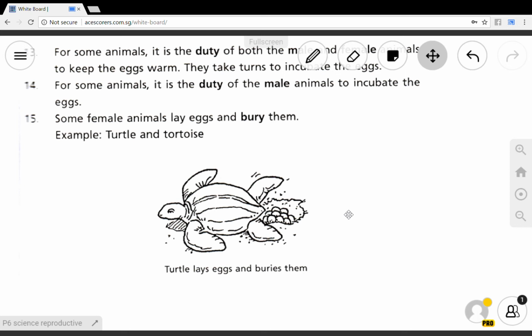Why? Because if you go and disturb the process, you think, oh, I'm now saving the turtles. Then what's going to happen to the prey of the turtles, when the turtles grow up? They have to eat stuff, right? So if you disrupt the whole process, the whole cycle is being disrupted. So they're not supposed to go and disturb the turtles, or the predators of the turtles. They should just let it be.